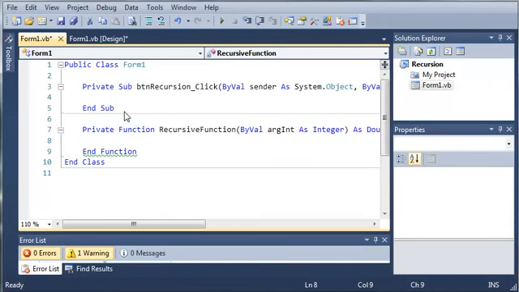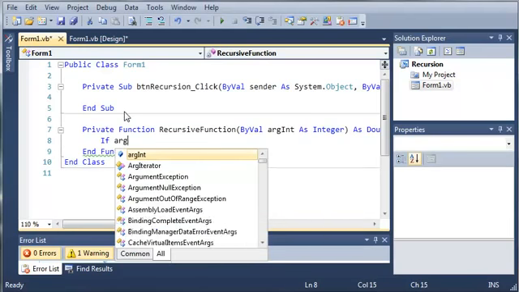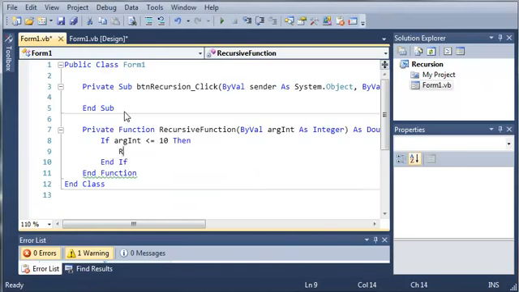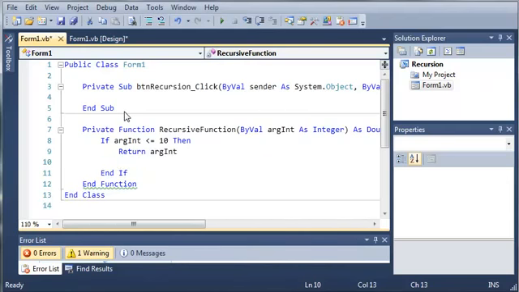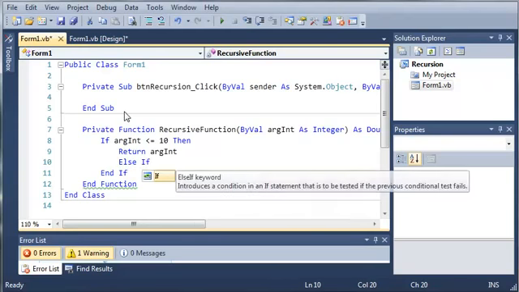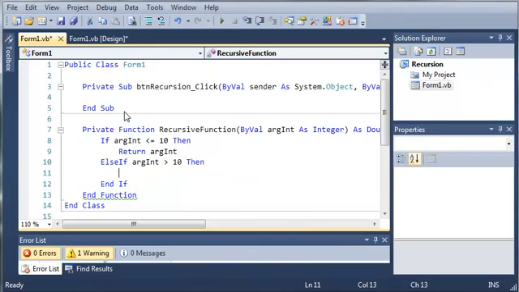Now let's create an if statement. If argint is less than or equal to 10, then let's return argint. Else if argint is greater than 10, then let's call this function again. So we will return